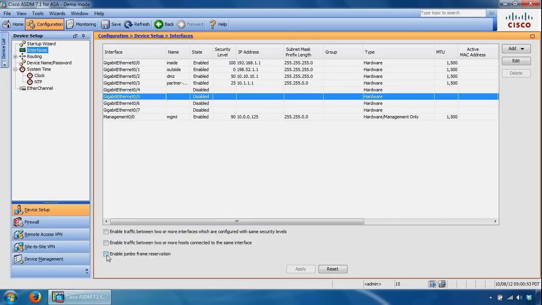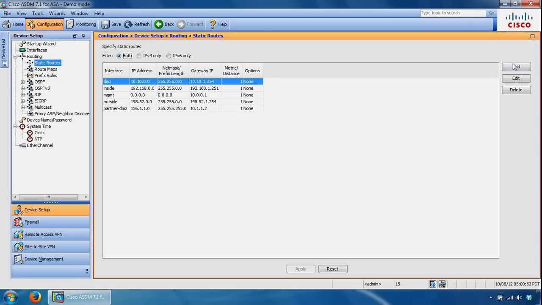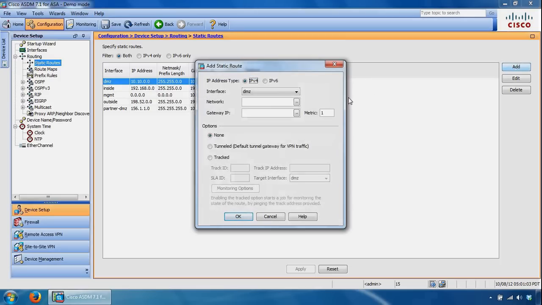Next we will have a look at static routes, which is in routing. Static routes, so you can add static routes from here. Click add, choose the interface the network can be reached through from here. Specify the destination network here, or pick an object. You may already have one created,